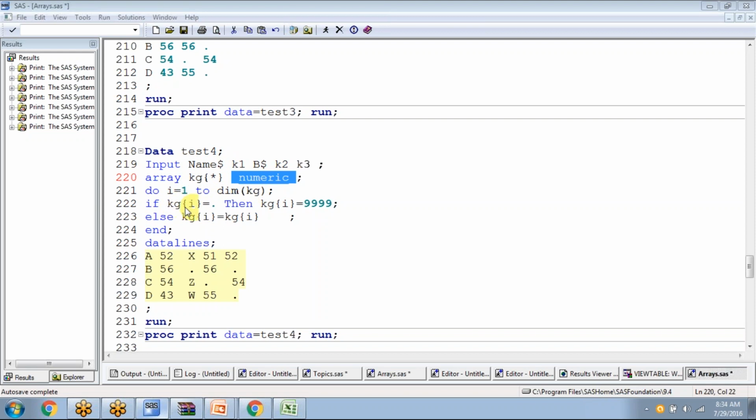And I'm saying here if kg of i equals dot, then kg of i equals 999. So in the first iteration, i value will be 1, so it will consider the k1 variable, check for missing values, and if there are any missing values, it will replace with 999, 4 nines. In the same way, if you have any missing values in the